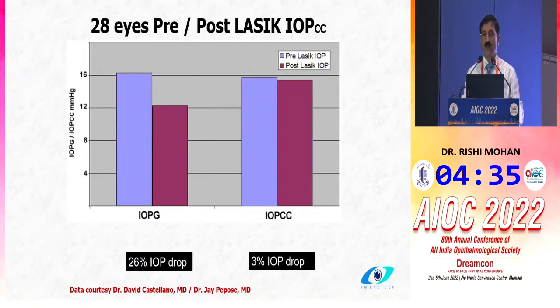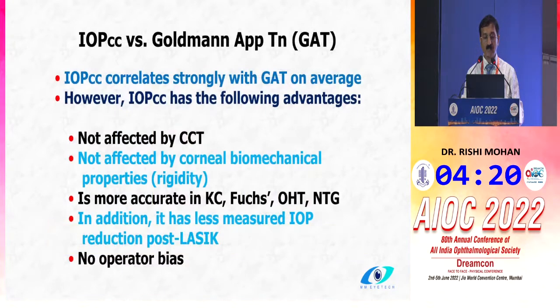What happens to your Goldman pressures? They drop. On average, they will drop 26%. But if you look at the IOP-CCs, they only drop 3%. That's because they are not looking at the thickness at all. They're looking at the biomechanics of this machine. So the IOP-CC and Goldman on average will correlate, but will not be